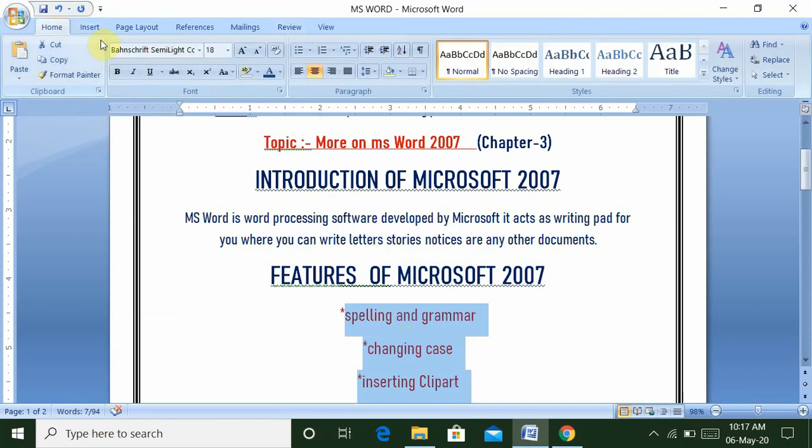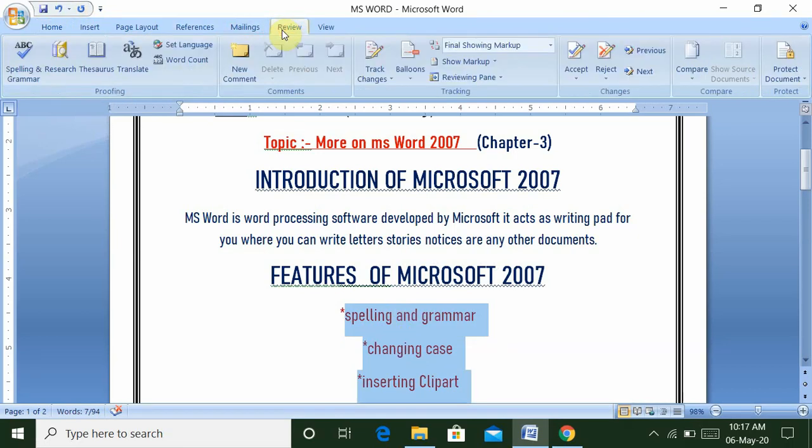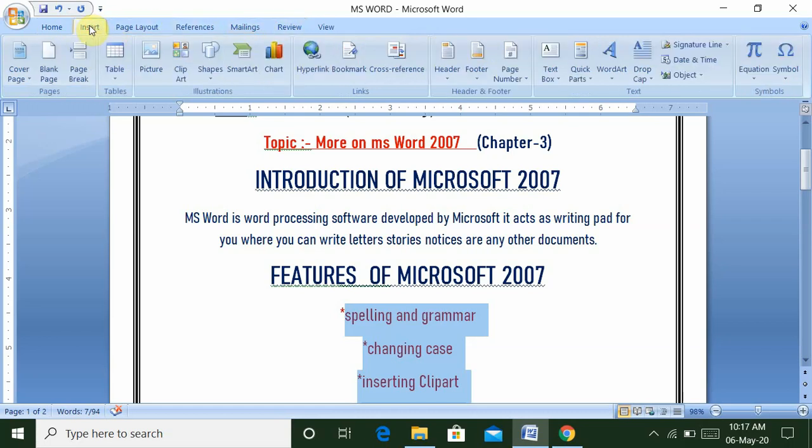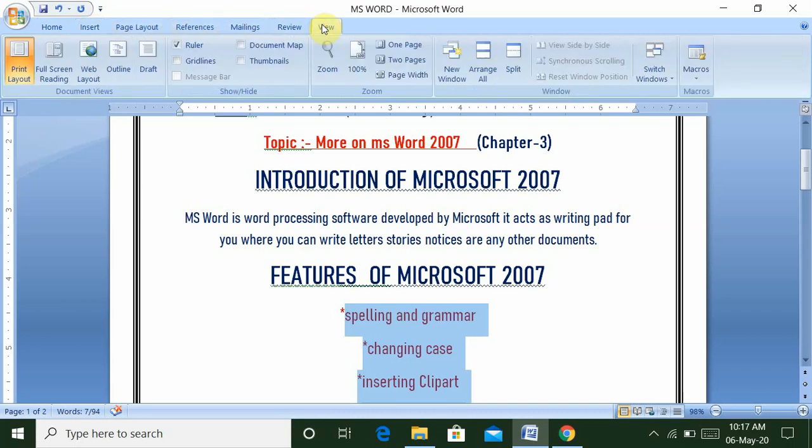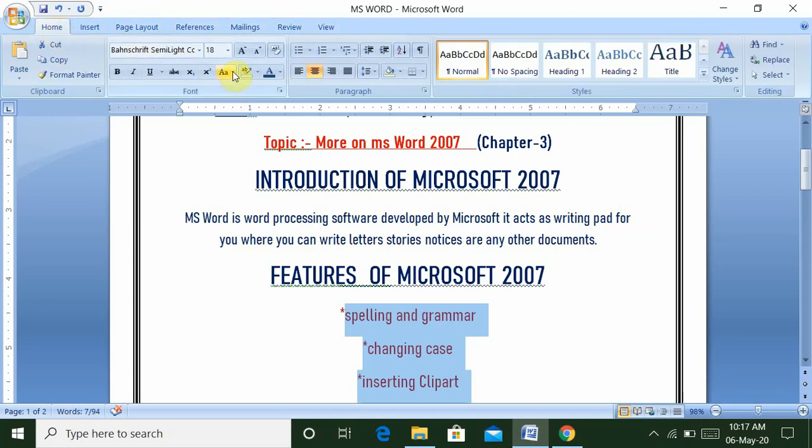As you look, firstly, in your MS Word environment, select your option, and then after you can select your sentence case, lower case, upper case, capitalize each word, toggle case, etc. So 5 types of cases are available in MS Word.